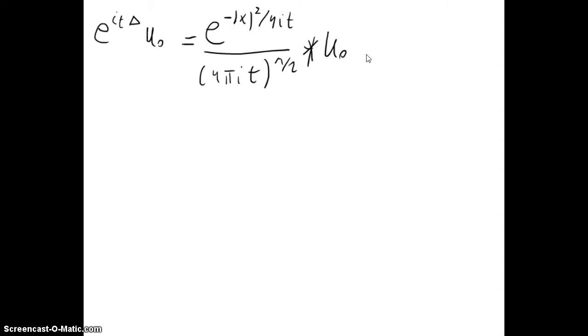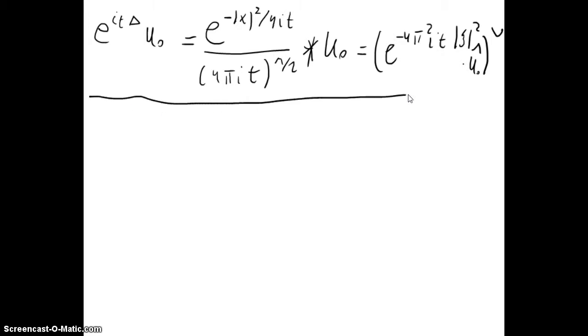We define this as e to the minus x squared over 4it, over (4πit)^(n/2), convolved with u naught, and this was equal to e to the minus 4π²itξ² times the transform of u naught, then the anti-transform. We obtain this definition by obtaining the solution of the linear Schrödinger equation. Okay, so now some properties